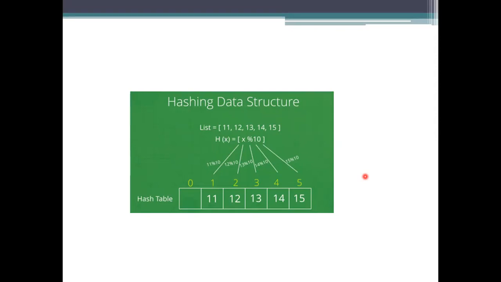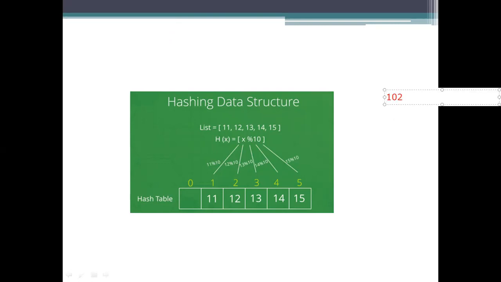Hence 11, 12, 13, 14 have been stored without any problem. If I take the next one as an example, 102, what happens here?